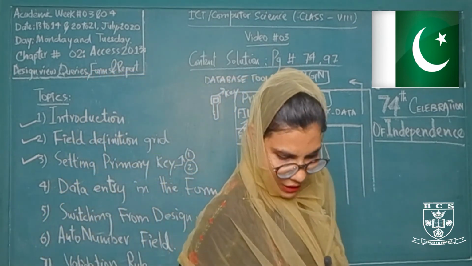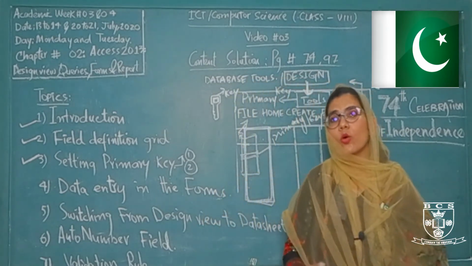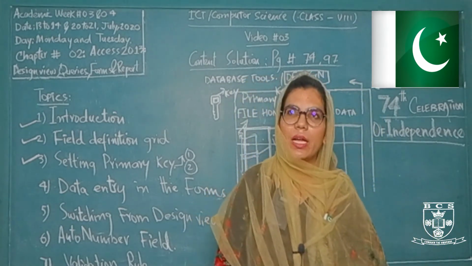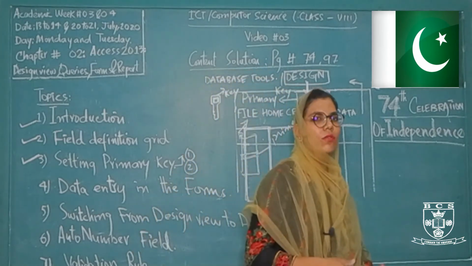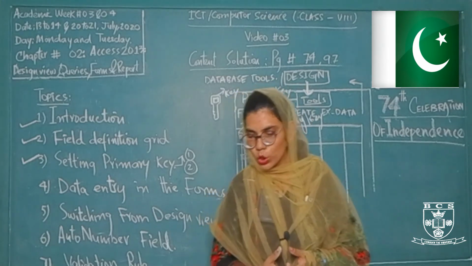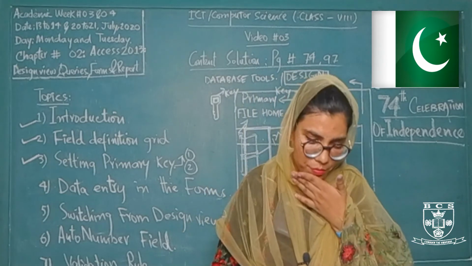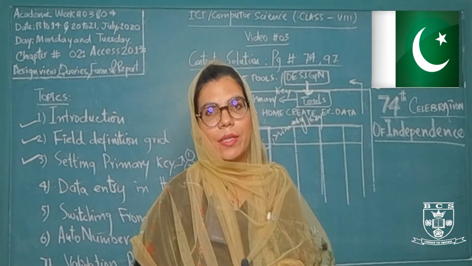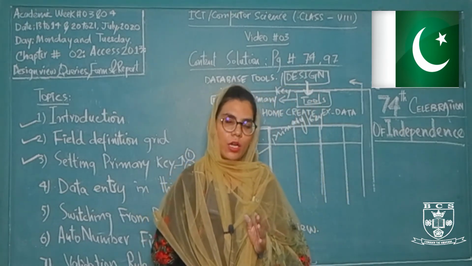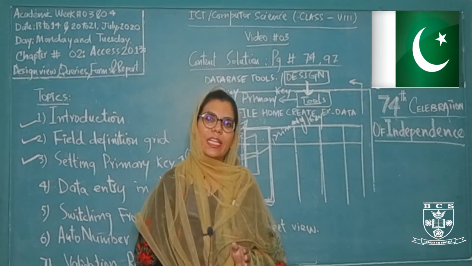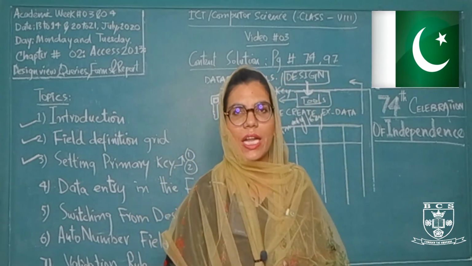Now if I have a table and I am saving my table and I forgot to save my table with a primary key field, अगर मैं अपने टेबल को प्राइमरी की फील्ड के बगैर सेव करना भूल चुकी हूँ, यानी मेरा टेबल सेव हो चुका है. My table has been saved without any primary key field. Now what will happen? Access will do this job instead of me. Access will set a primary key field automatically itself for the data that we have saved without any primary key field.